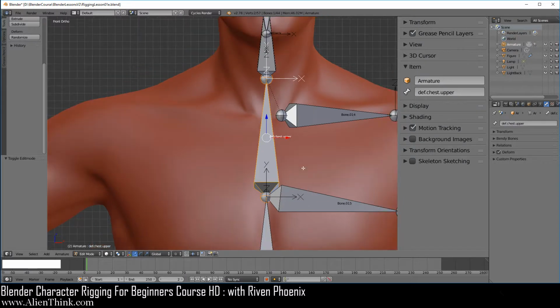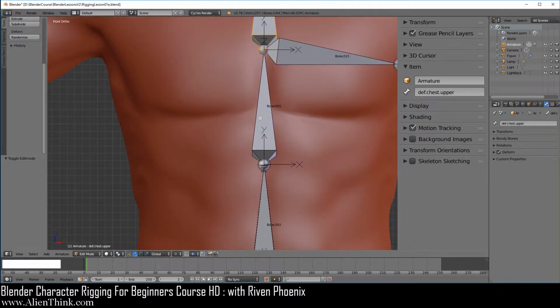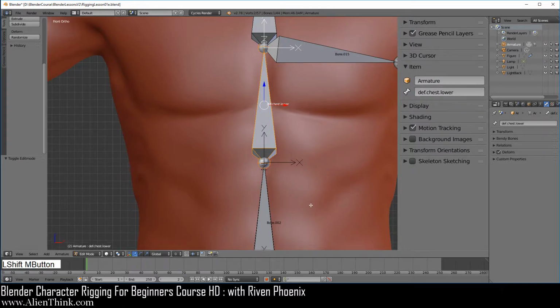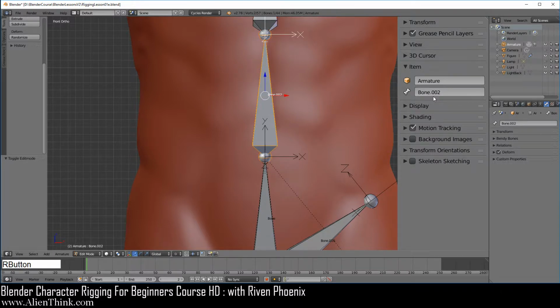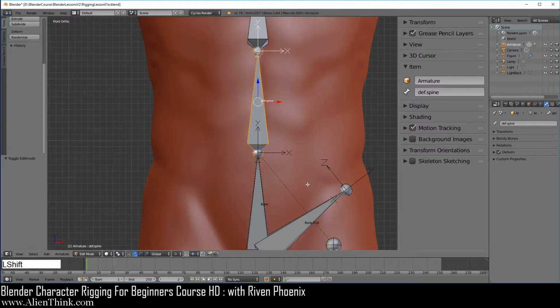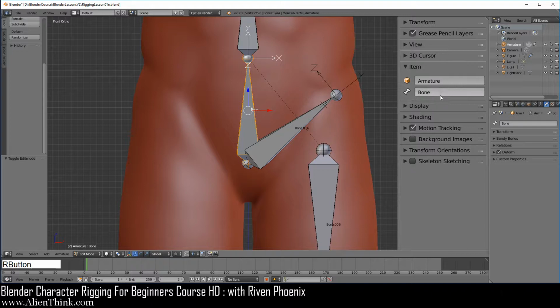Now go ahead and zoom out, shift middle mouse button, click on this one. This one is going to be def.chest.lower, enter key, shift middle mouse button. This one is going to be def.spine, enter, and this one is going to be def.hips, enter.